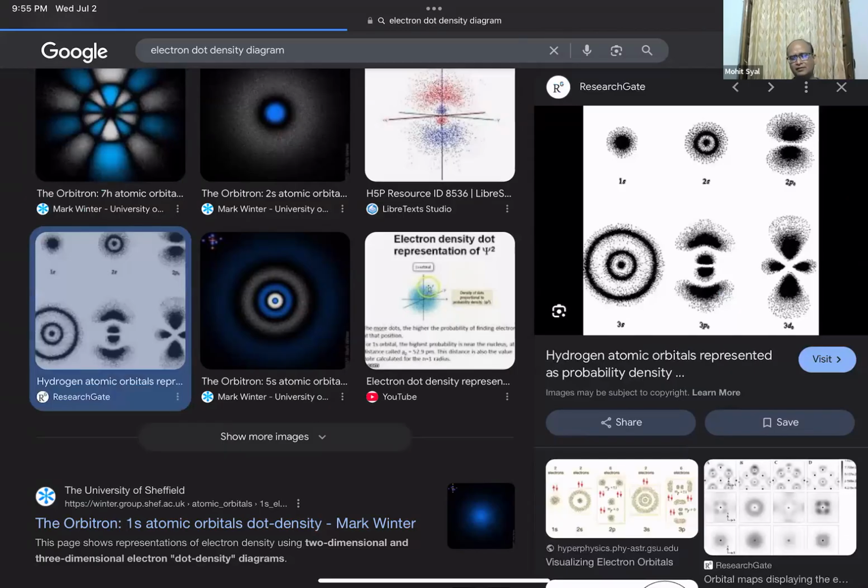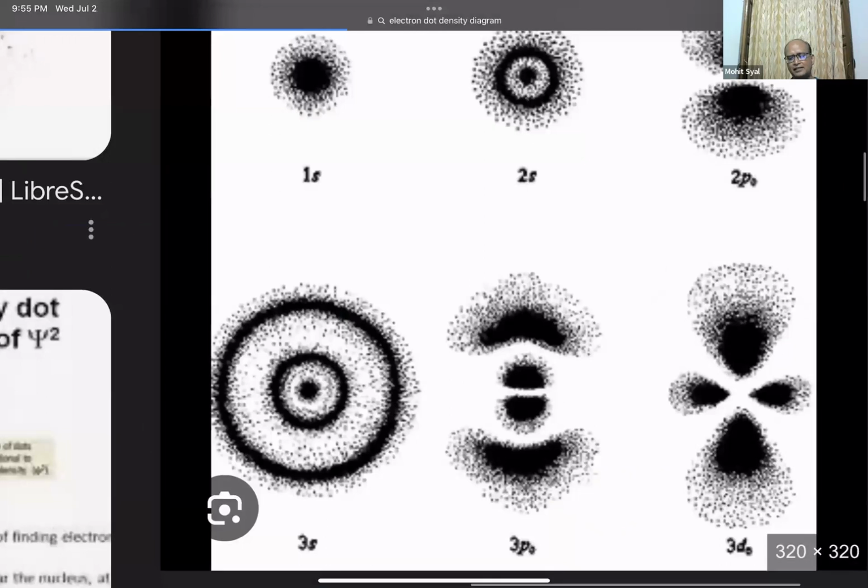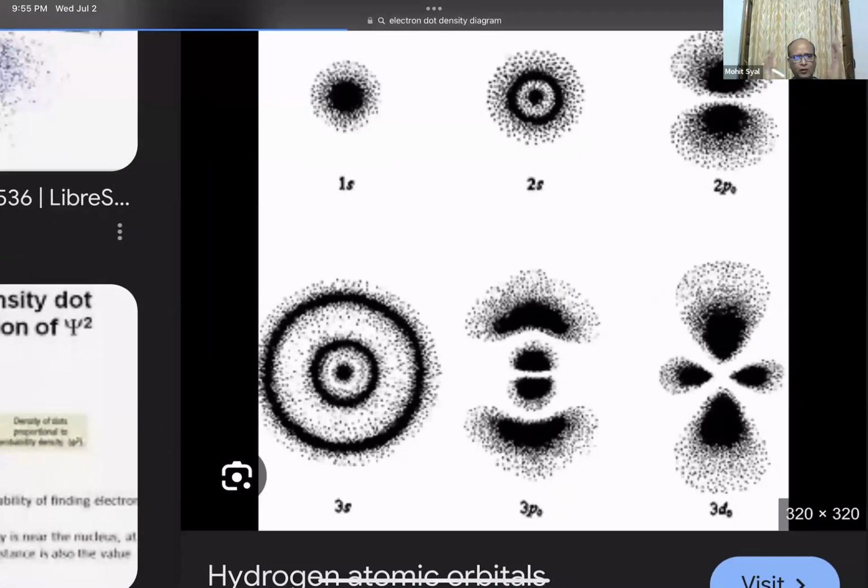So you can have different waves. These are all electron dot density diagrams. A boundary surface diagram will just give you the outer shape, just like a watermelon, which tells you that it is green in color with some patterns on it, or sometimes dark green. When you cut it, you know that there are seeds and a red color inside. So the electron dot density diagram is like that cut, that cross section.